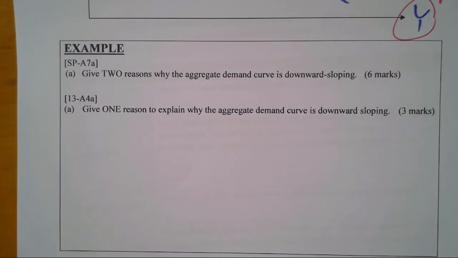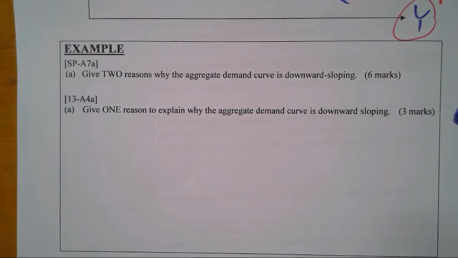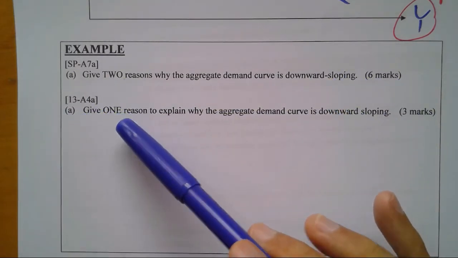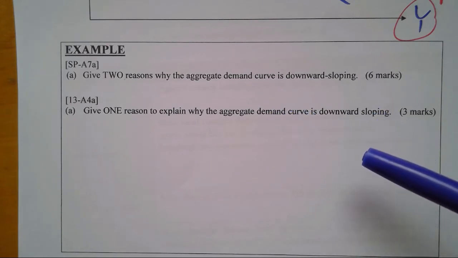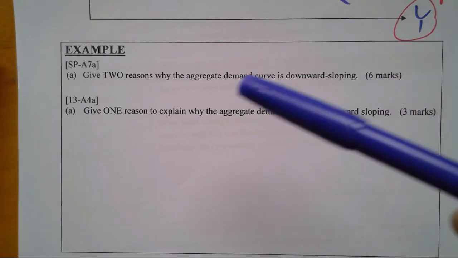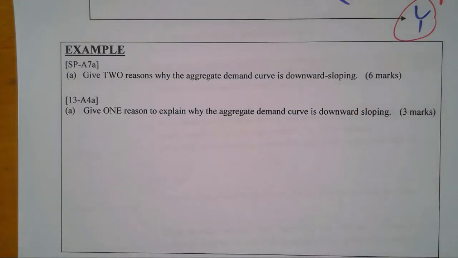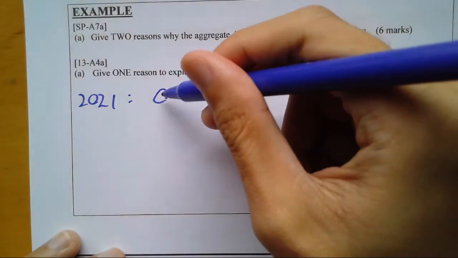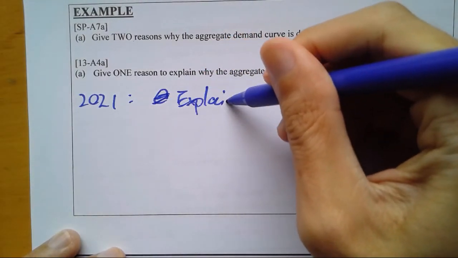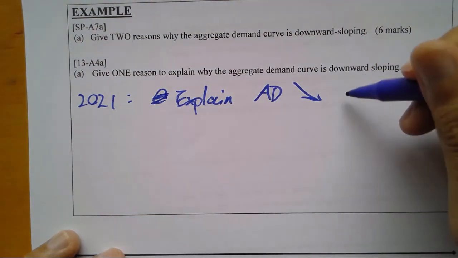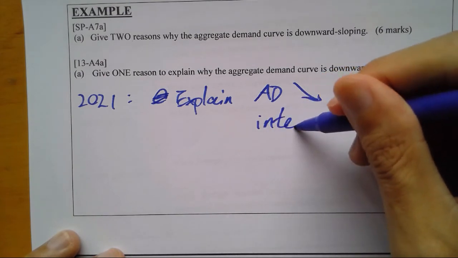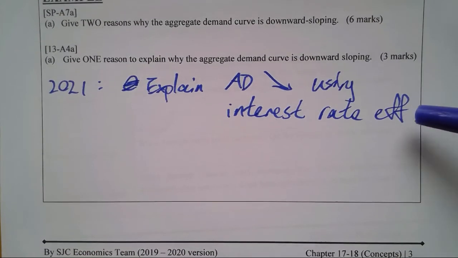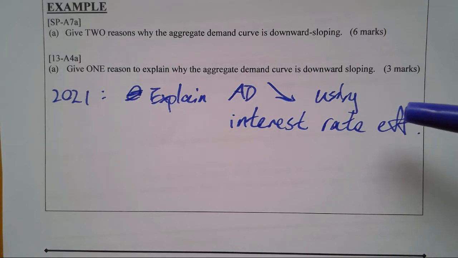Now, in exam, in fact, they have asked one time. OK, in sample paper, give 2 reasons why AD downward sloping, 6 marks. 2013, give 1 reason why AD curve is downward sloping. OK，嗱，所以係會問㗎。You see 2 reasons, 1 reason. Next time, maybe they can. Now, let's say 2021. They want to be tricky. You need to explain why AD is downward sloping using interest rate effect. 嗱，佢可以咁做㗎。OK, they can say clearly specify which effect. 佢係可以咁做㗎。